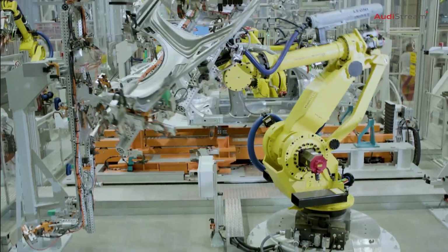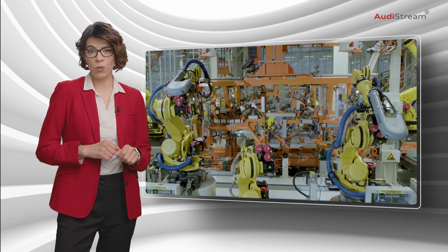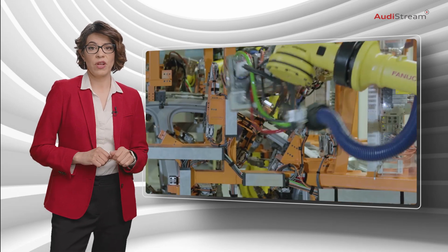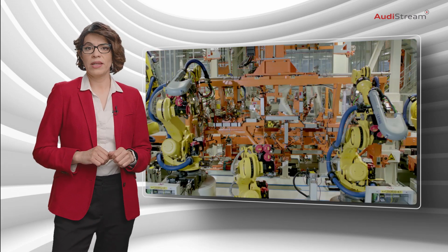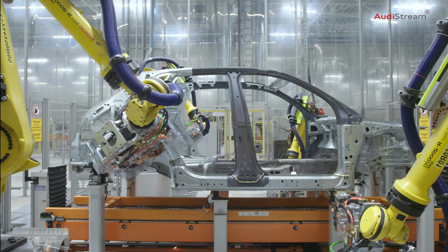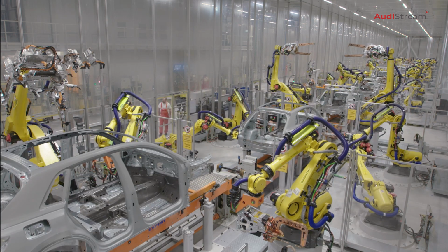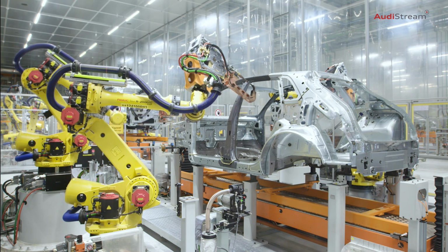We use various joining techniques such as adhesive bonding, spot and MAG welding, and laser welding, among others. The entire production of a car body takes about 2 hours. The bodies and its components are transported on different levels, delivering them from one station to the other. About every 90 seconds, a finished body leaves the body shop and is transported by the conveyor system to the